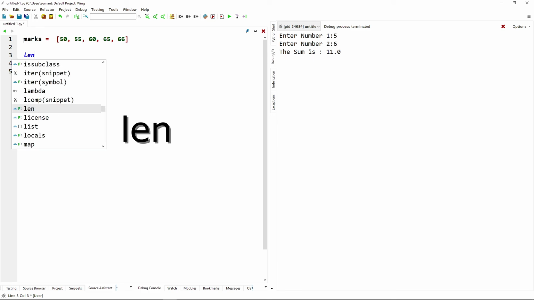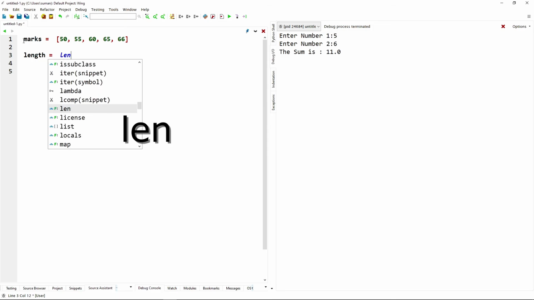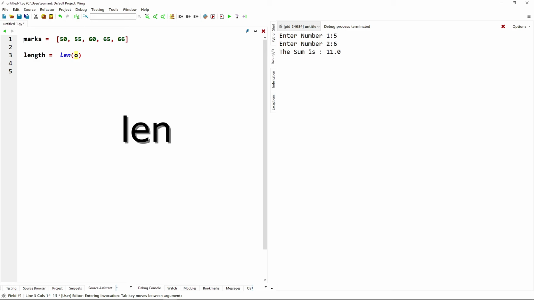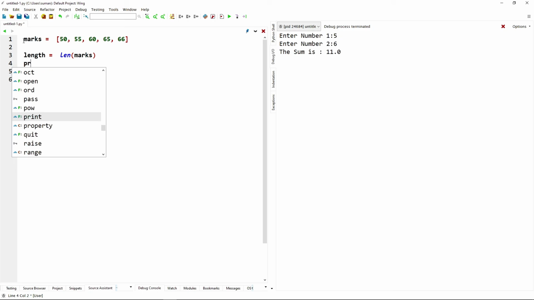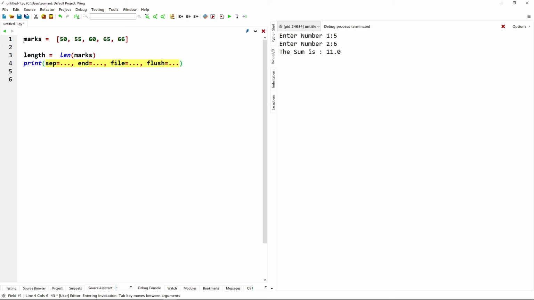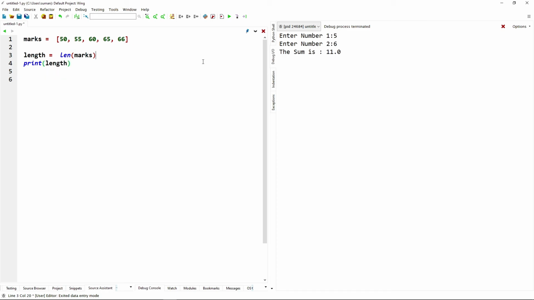Suppose length, that is the name of the variable, and now len(marks). So if we print the length variable and we run the code, we are getting the output as 5 because the number of items in the list marks is 1, 2, 3, 4 and 5.